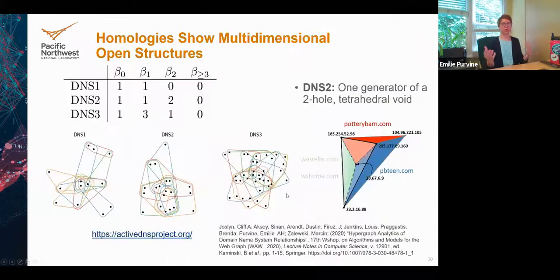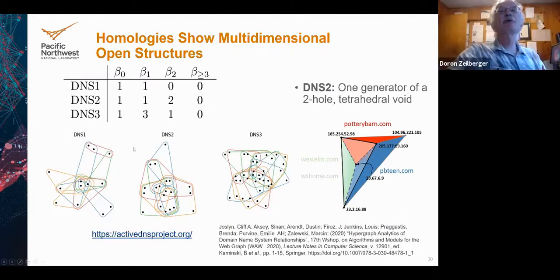So we looked for these holes in the DNS data and did find some. We don't know what it means quite yet, but we found some holes. This is an illustration of a hollow tetrahedron among these 4 IPs, the 98, the 160, the 9, and the 88. Here, it's somewhere in this hypergraph mess. The difficulty of hypergraph visualization is high.